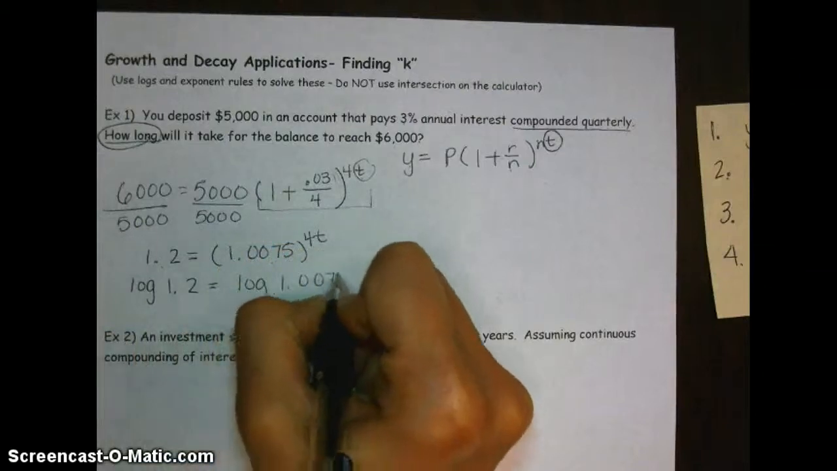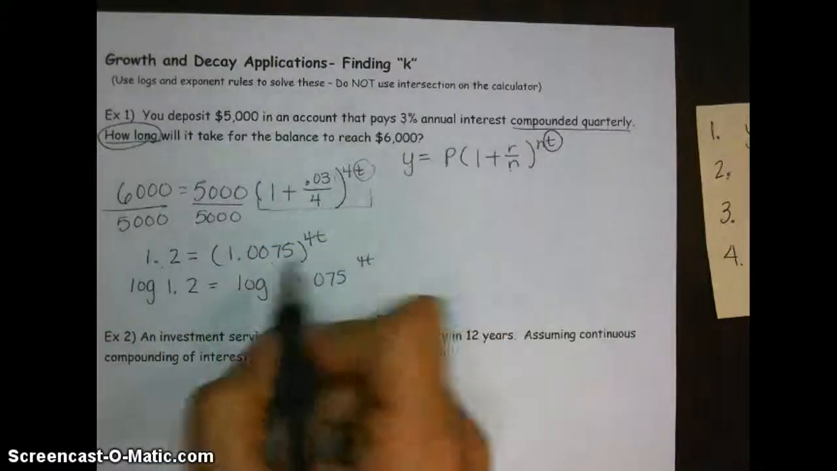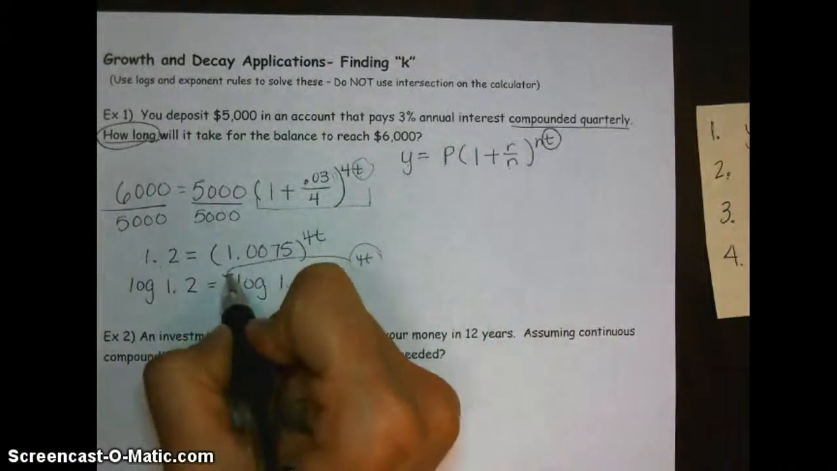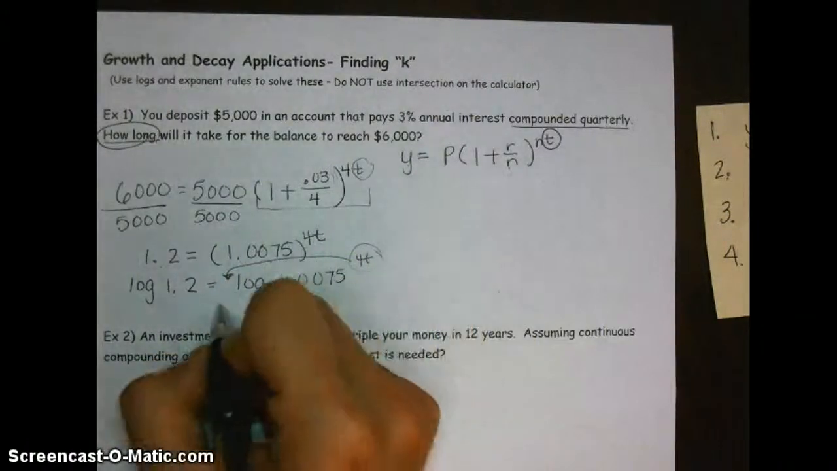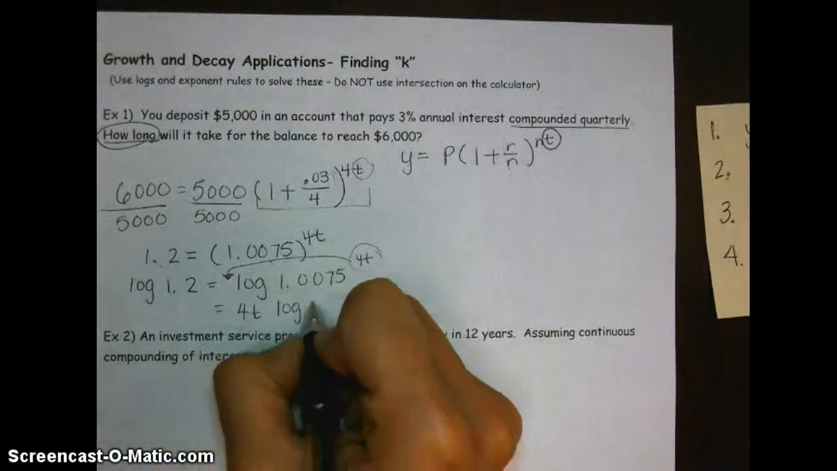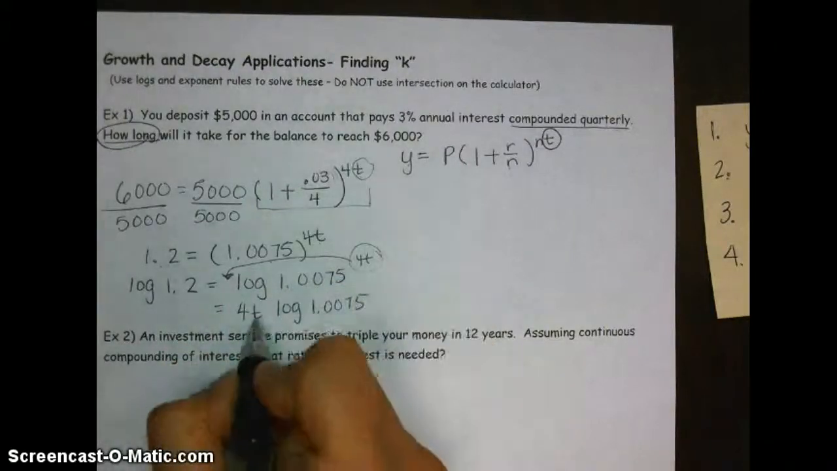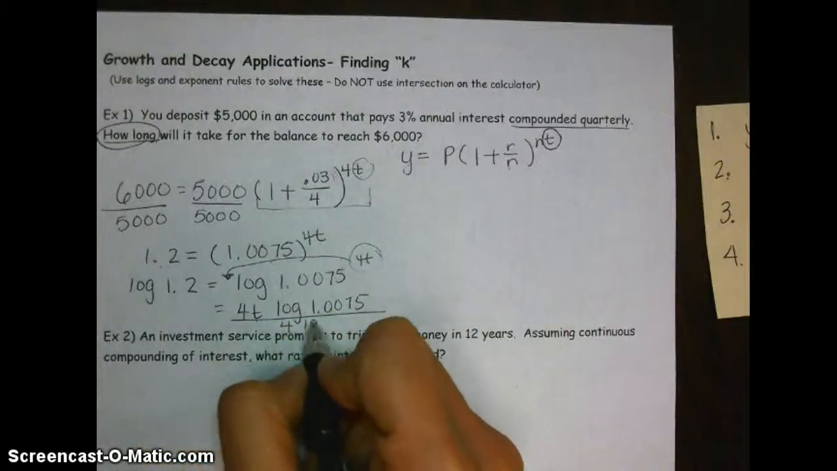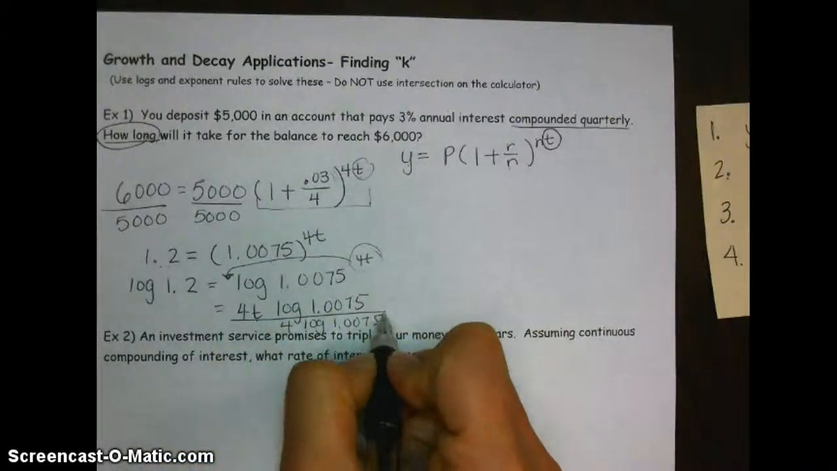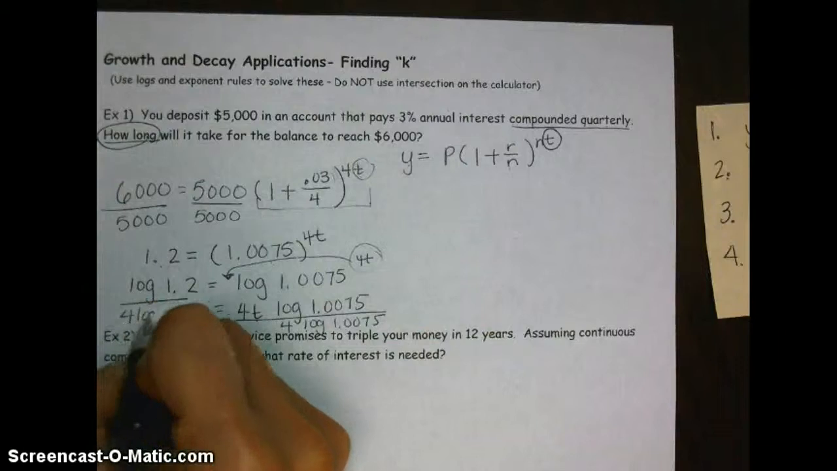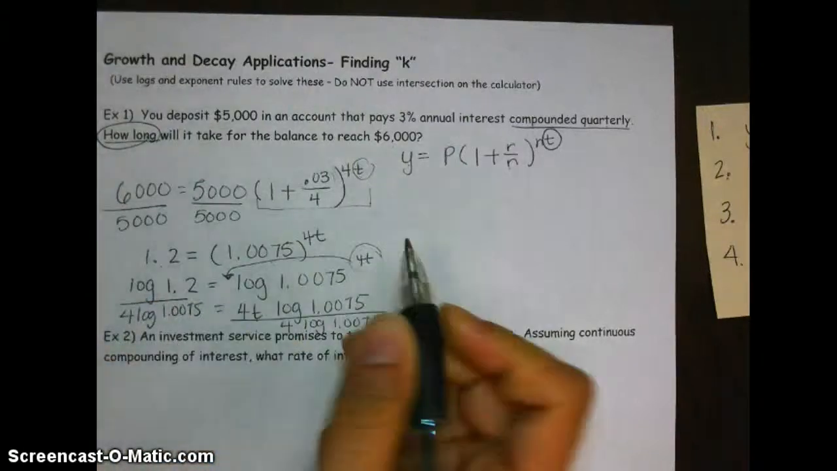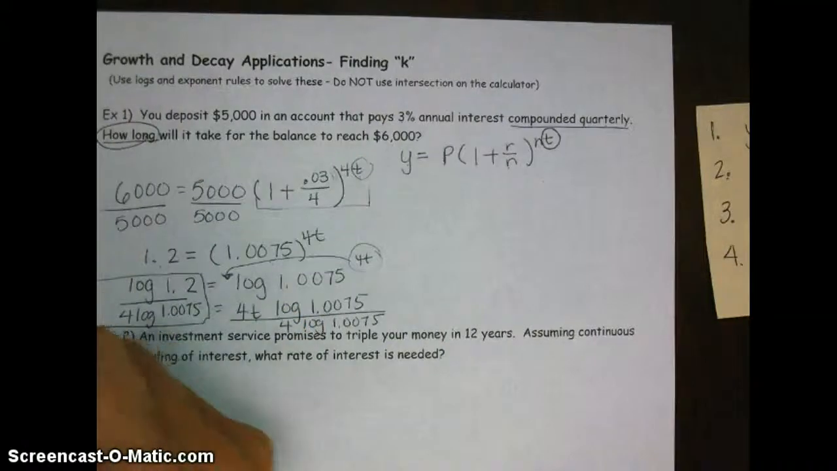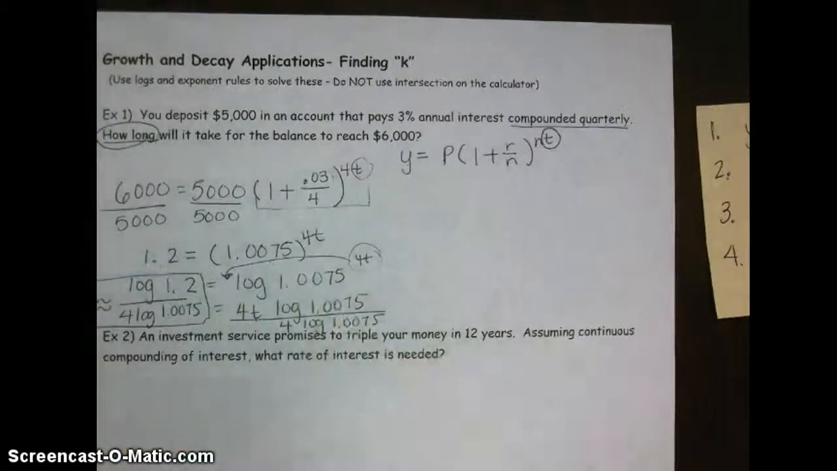And this is helpful because when I have it in log form here, I know that my power is really a multiplier. So I can bring that down to the front. Okay, and now to get t by itself, I just need to divide by 4 and this log of 1.0075. Right, so this is an exact answer right here, and then if I want to approximate what that is equivalent to in a calculator,